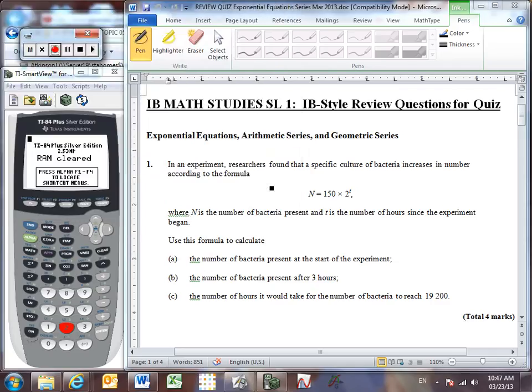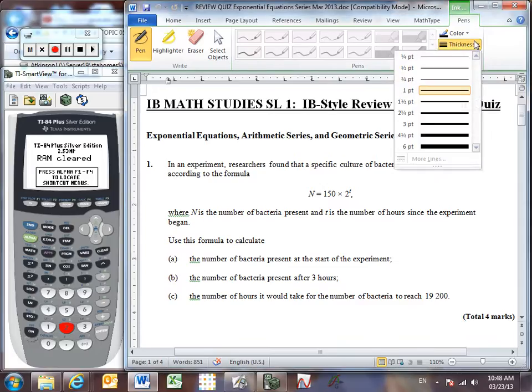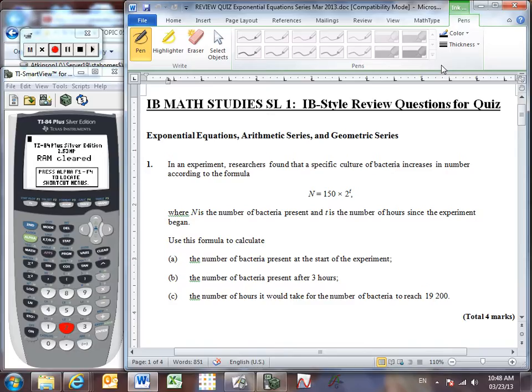Okay, in this video we'll be looking at some review questions for the topics of exponential equations, arithmetic series, and geometric series, which are of course just sums of all of the terms in an arithmetic sequence or a geometric sequence. So in our first problem, researchers have found that a specific culture of bacteria increases according to this formula, and it tells us then that n is the number of bacteria that we have